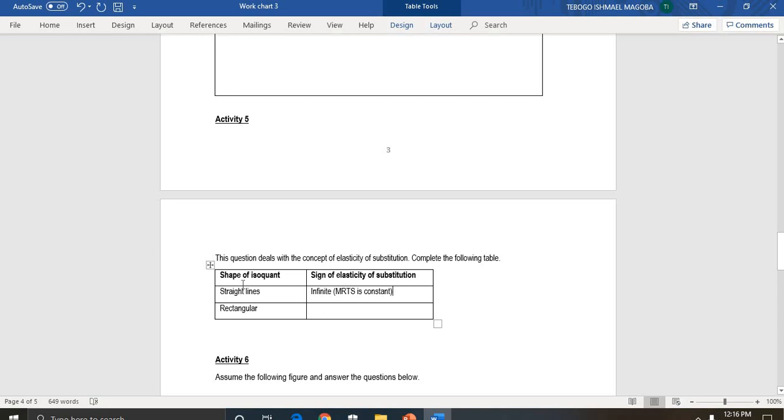And then if the shape of the isoquant is rectangular, what would be the sign of elasticity of substitution? The sign of elasticity of substitution would be 0. Why would it be 0? It is 0 because of the fixed input proportions, meaning that